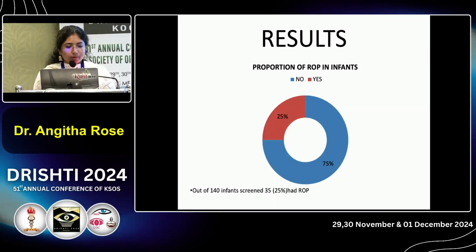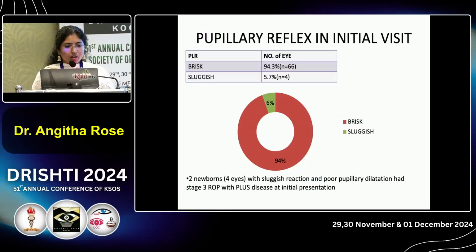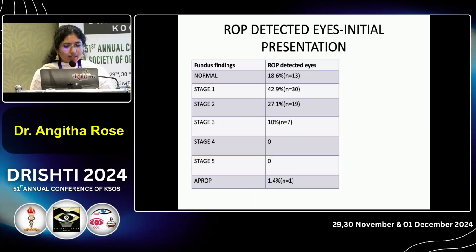Coming to the results of my study, out of 140 infants screened, 35 infants, that is 25%, had ROP. Two newborns, that is 4 eyes, had a sluggish pupillary reaction with poor pupillary dilatation, and had stage 3 ROP with plus disease in the initial presentation itself. ROP-detected eyes in the initial presentation: